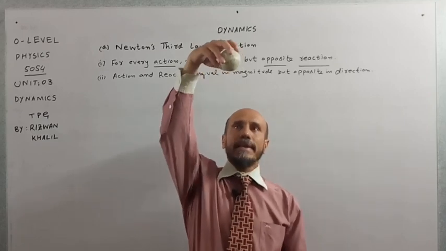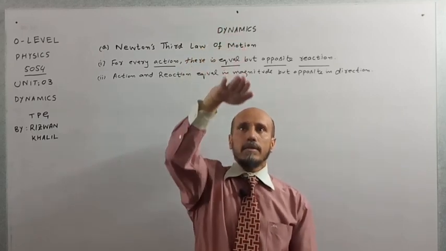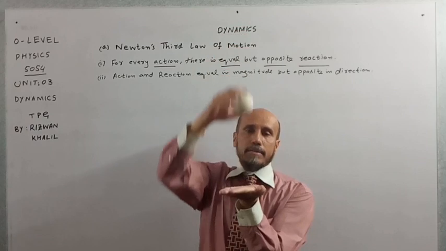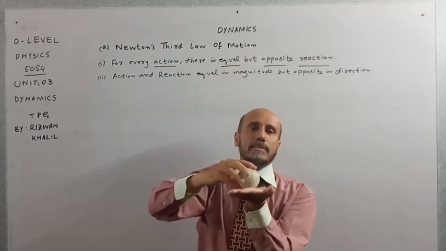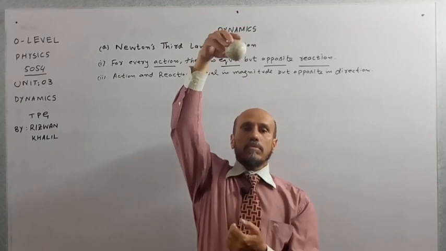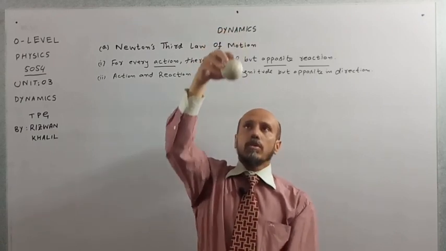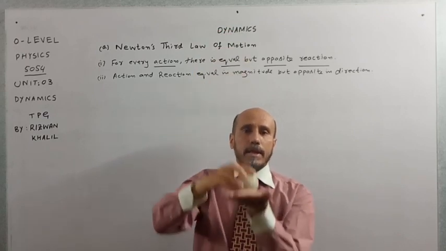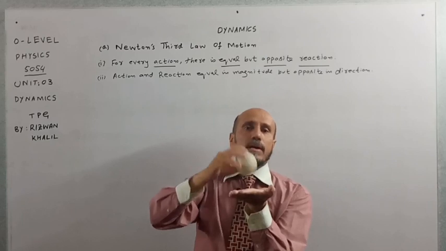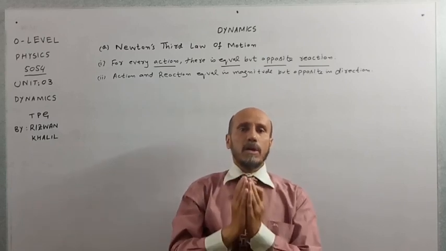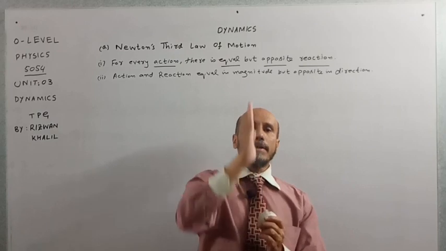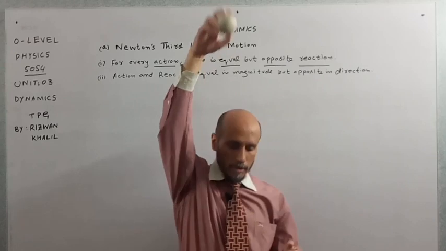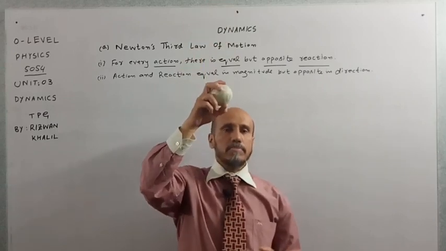As soon as I release the ball, it is moving towards the earth. As soon as it touches the earth, it applies a force on the earth, which is called action. So definitely it will be its weight. It was exerting the force in downward direction, vertically downward, and when it hits the earth, the earth applies an equal but opposite force on the ball in upward direction. So this is the reason when I release the ball, it hits the earth and bounces back.